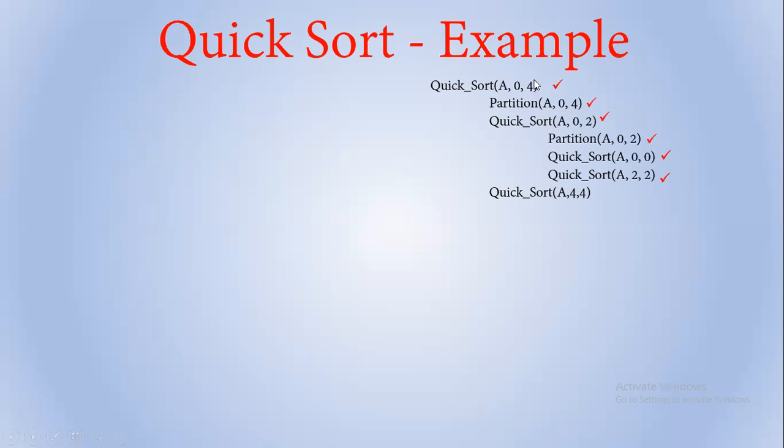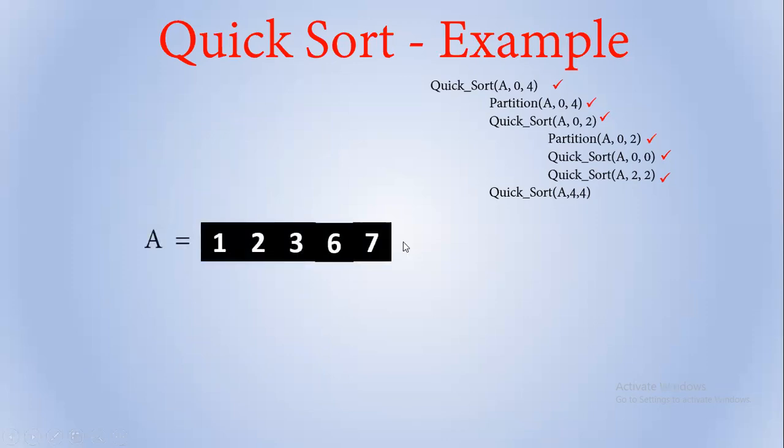u is 4. Q plus 1 is also 4, u is 4. So what is that element? That is 7. So u is equal to L, nothing happens. So now the input array is completely sorted. So that is how the quick sort algorithm is functioning.